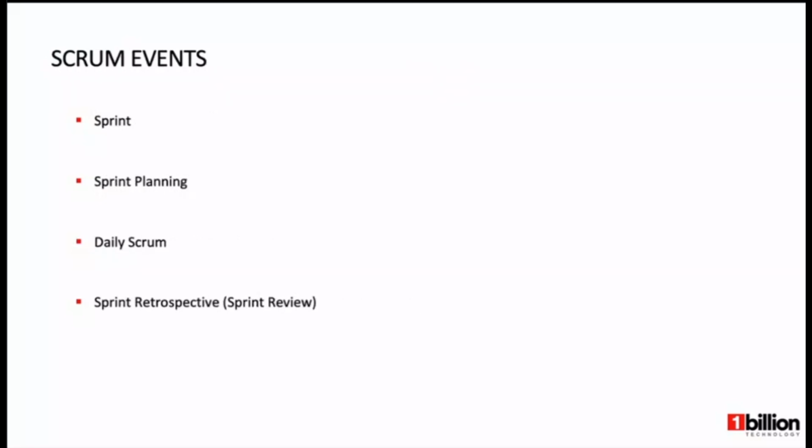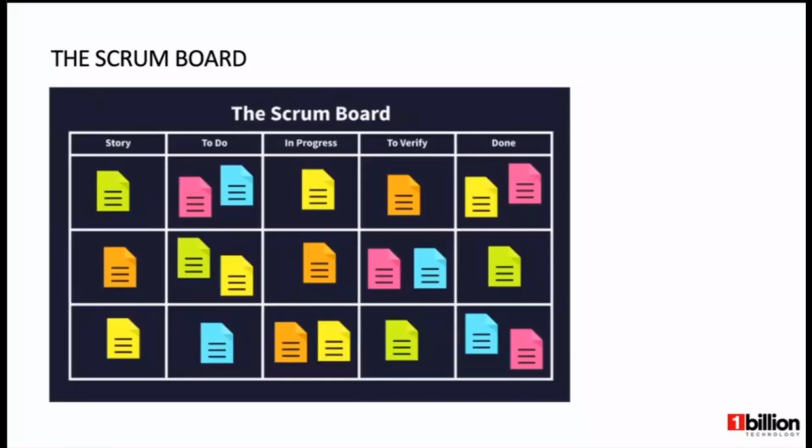If we move to Scrum events, we discussed a sprint, sprint planning, daily Scrum, sprint retrospective, and the sprint review. So how do we implement this? There is one important thing in Scrum, which is the Scrum board. When you work on a requirement as a team, you should know what's happening on the project. There should be a clear picture of what the progress is, right? Let's say we have 6 people working on a product. Of course, you have the sprint backlog there, so you can create a board like this.